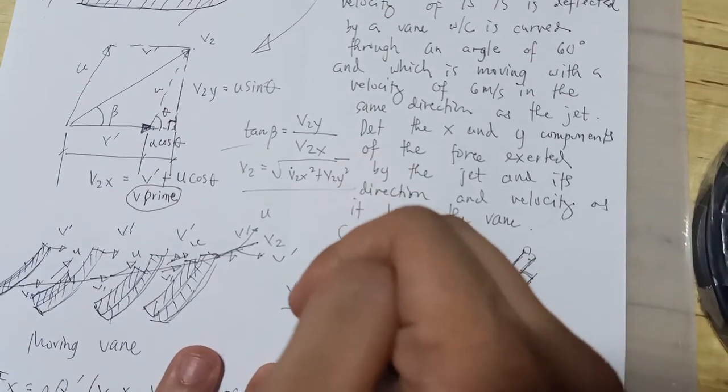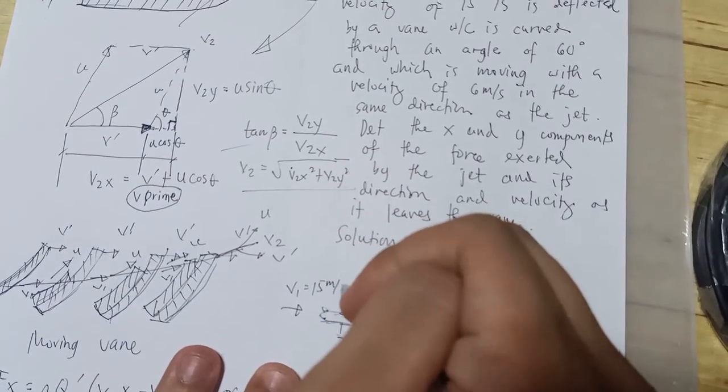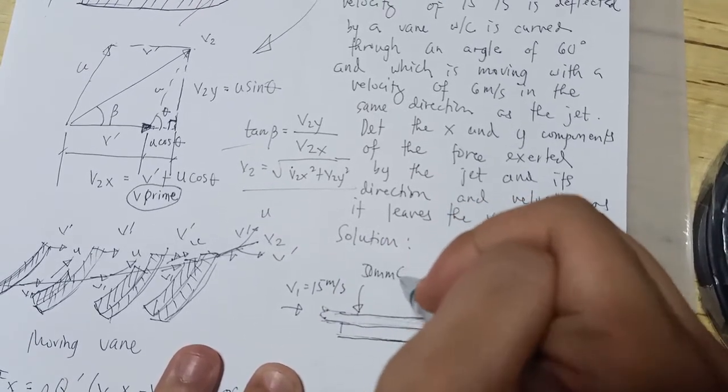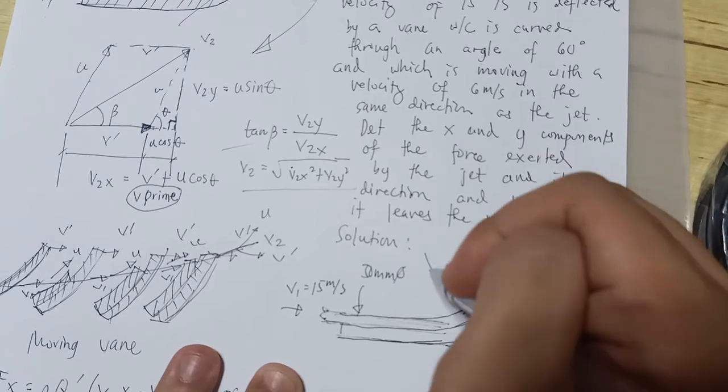So v sub 1 is 15 meter per second. Take note that the jet is 50 millimeter diameter, and there is a force